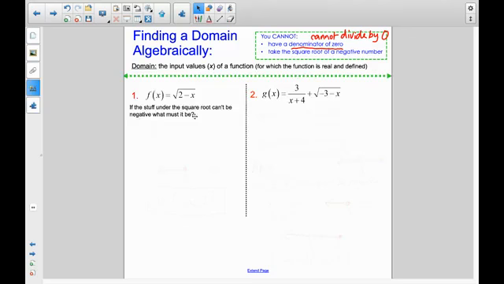If the stuff under the square root can't be negative, what can it be? The only x values that we can have are things that would make this not be negative. And if they are not negative, then they must be greater than or equal to 0. You can take the square root of 0. So just add x to both sides, and you are left with 2 is greater than or equal to x. X is at the sharp end, the pointy end, so your x's are smaller than or equal to 2. So here's our domain,